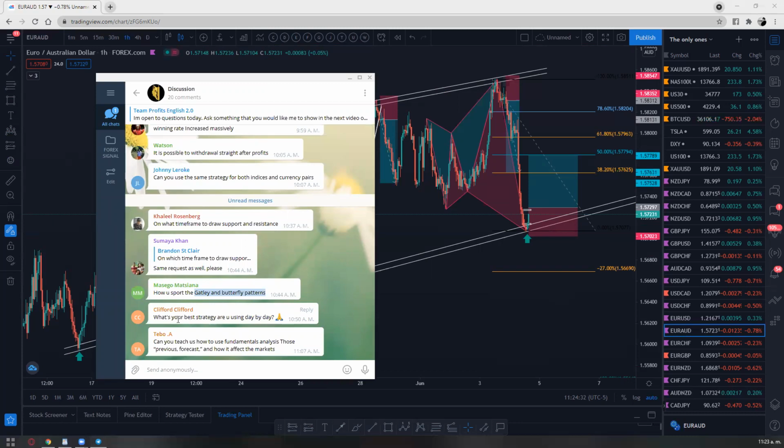Okay, let's see. What's the best strategy you're using day by day? The diamond. The diamond strategy is the best strategy I'm using at the moment. I still use the TP strategy whenever I see something different somewhere else, but like I mentioned, the diamond strategy is specifically for 8:30 a.m. when the market opens. That's why it's my favorite, right?